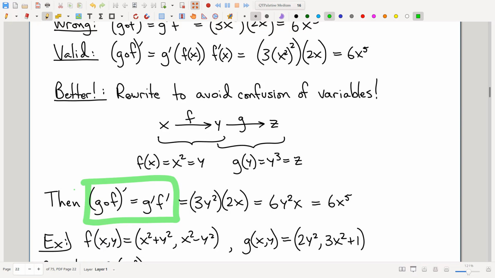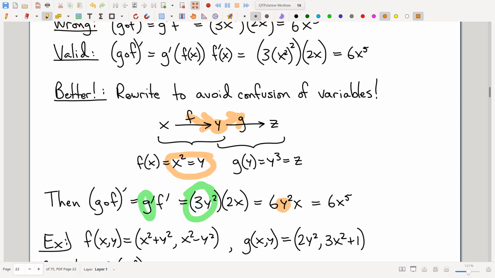But no problem, because g prime being 3y squared, it's written in terms of y. And it naturally then comes up that, hey, wait a minute, what is this y? Oh yeah, y, the thing that goes into g, is what came out of f. It's x squared. And you plug in y equals x squared, and boom, there you go,